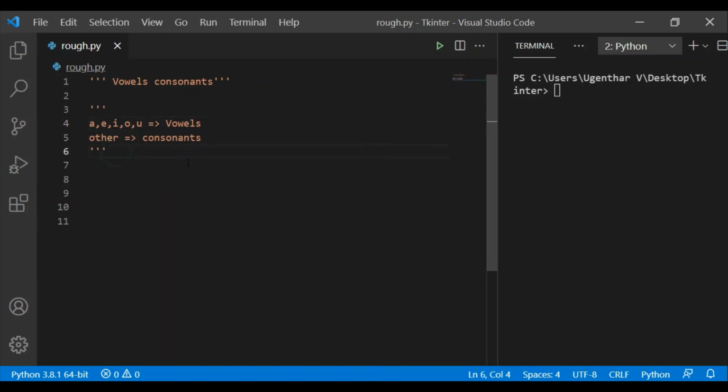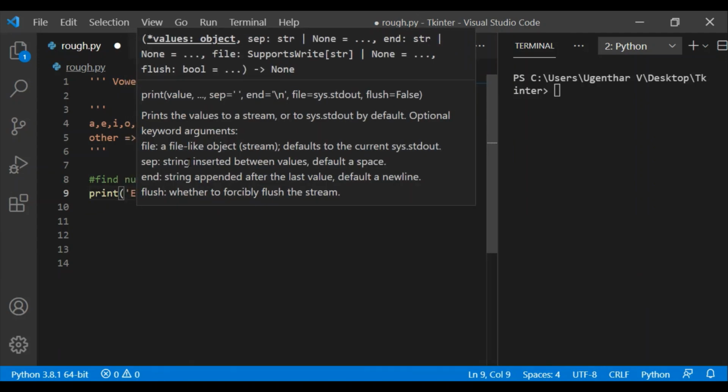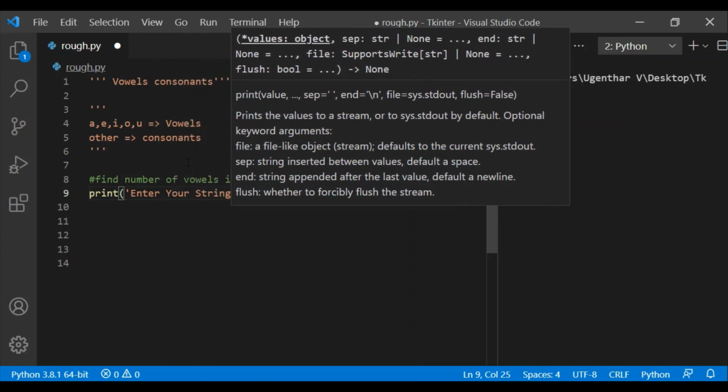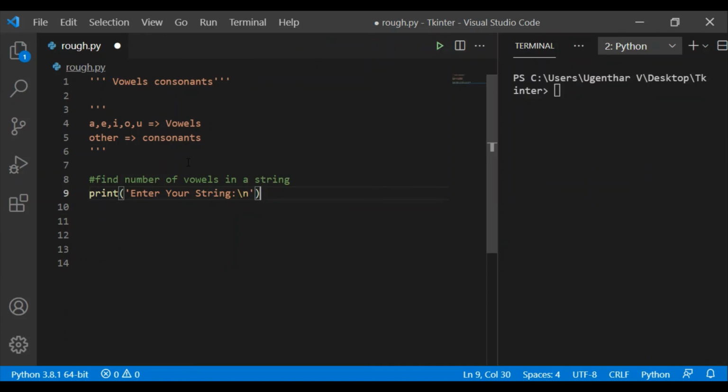Let's code for this. First, let's find the number of vowels in a string. Now let me use a print function: enter your string, with a new line. After that, x will store the input, that means storing the string.